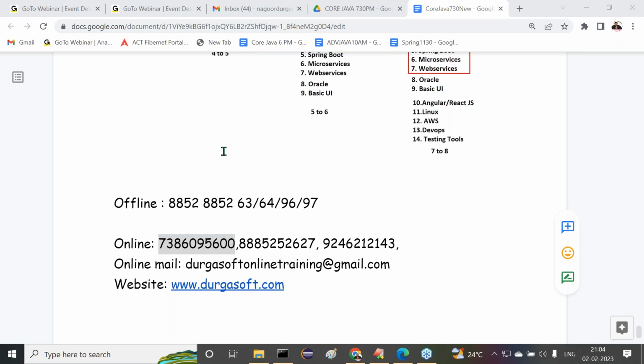Then our people will send that link to you immediately. Whatever transactions you have done, they will send you that access link, the Google Drive link.